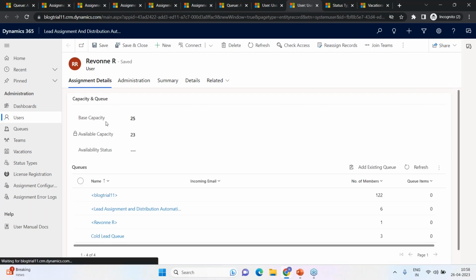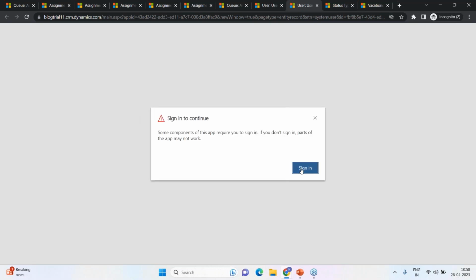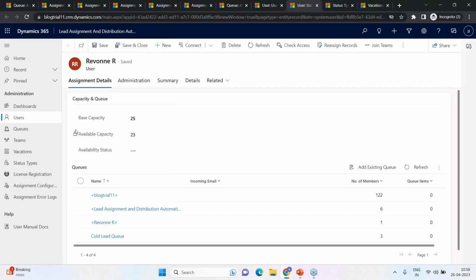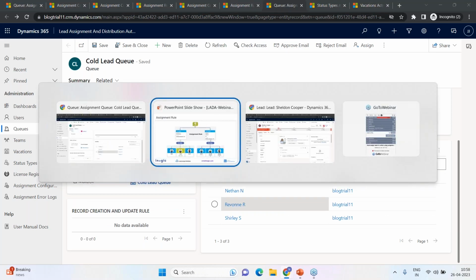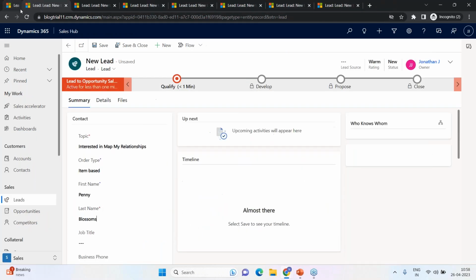So Revon currently has the base capacity of 25. However, the available capacity stands at 23. This means Revon is currently working on at least 1 lead. Perfect. Let me just close these tabs and let me go back to the leads and let me create one